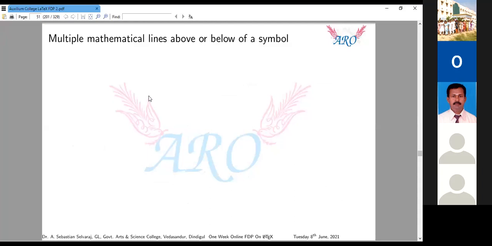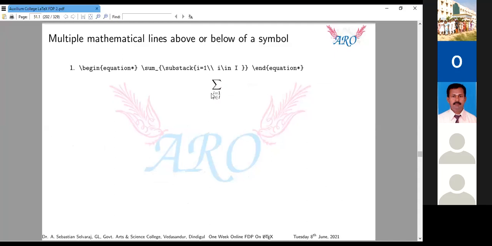The second one is multiple mathematical lines above and below a symbol. We know the command for the summation symbol, backslash sum. Already we have seen backslash sum. Suppose we have only one subscript, we already know backslash limits and also underscore.